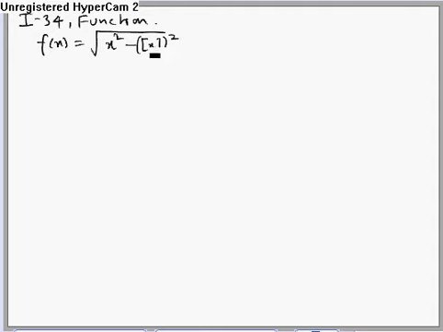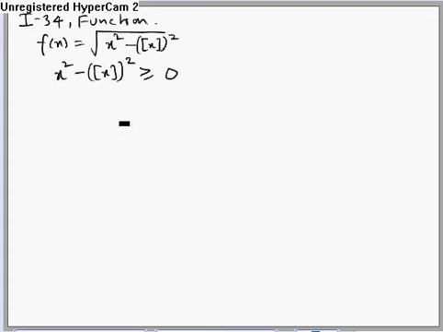Now for the domain of f(x), the quantity inside the square root cannot be negative. It should be non-negative, 0 or positive. So x squared minus [x] whole squared should be greater than or equal to 0, right? Now to find the values of x that satisfy this inequality,